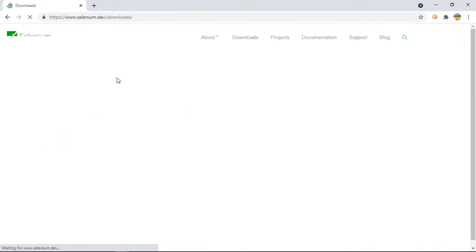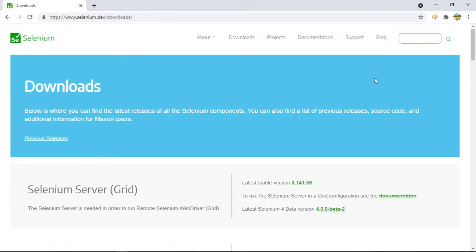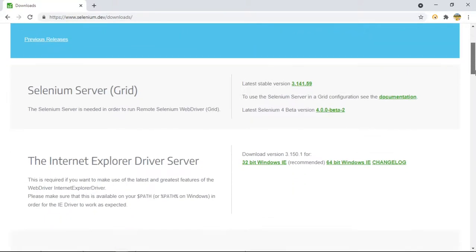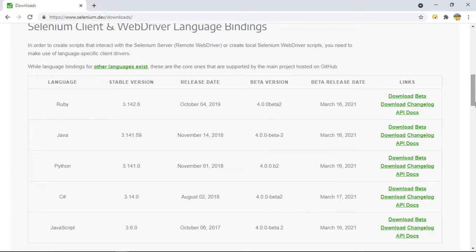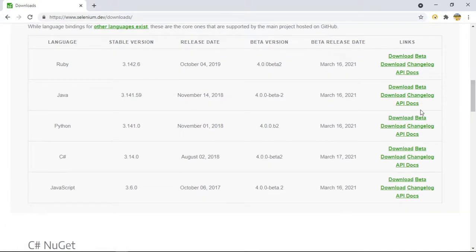So this is their official website, and if you come down, the latest one you can take, as we are working with Java, right? Selenium also supports multiple languages, like Ruby, Java, C Sharp, Python, JavaScript, right?